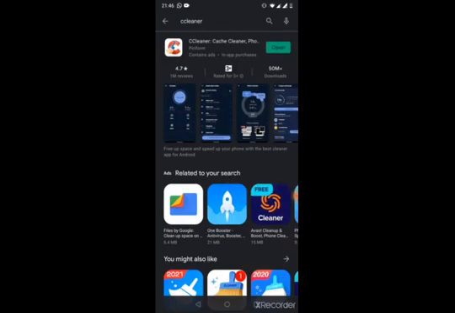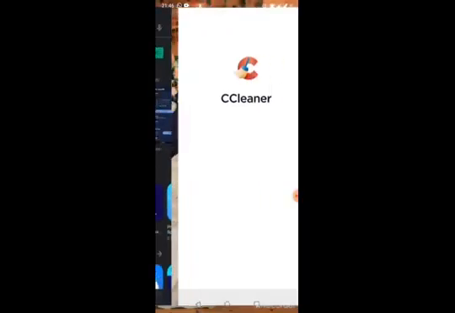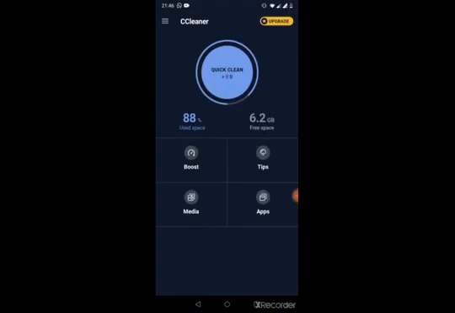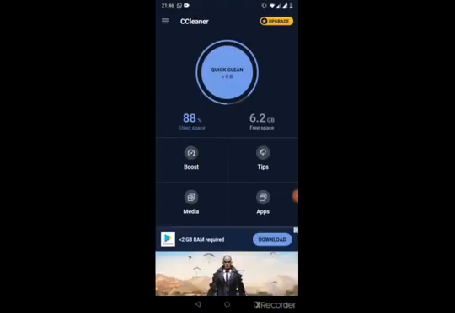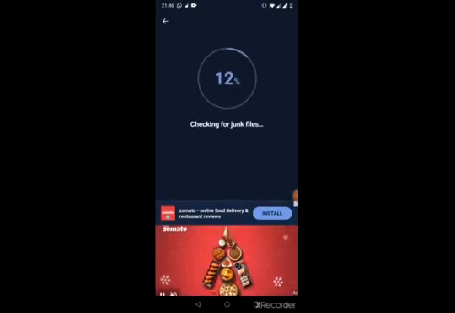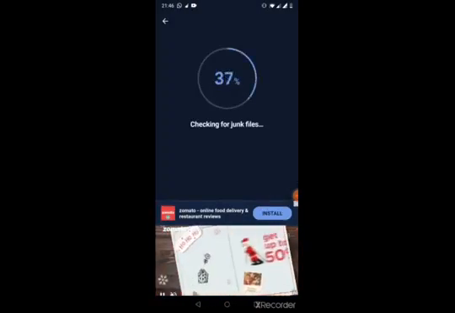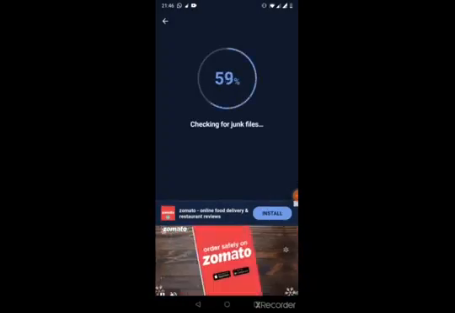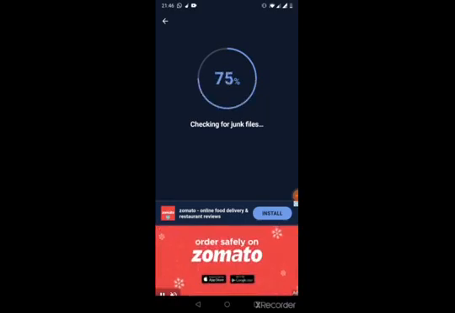It's actually from a company called Piriform, and click on open. So you have an option called Quick Clean. Click on Quick Clean. It will check for the junk files in my smartphone. I have already checked for it like 2 hours back, so there won't be much, but still if you